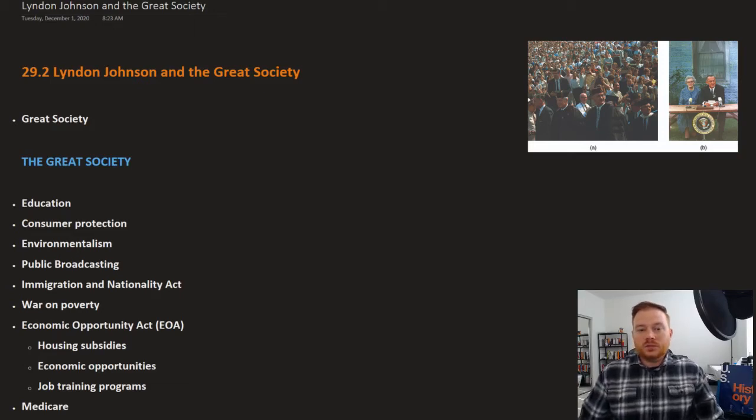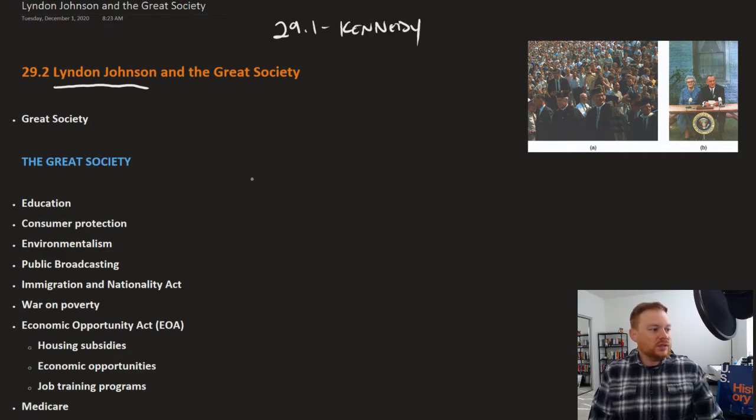All right, this is OpenStax U.S. History, Chapter 29, Section 2, Lyndon Johnson and the Great Society. Following President Kennedy's assassination, which we talked about in 29.1, the presidency of Kennedy and what he did, his vice president, Lyndon Johnson, became president. The Great Society is the name for Johnson's